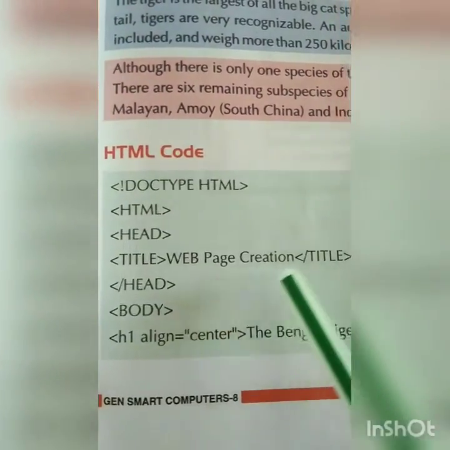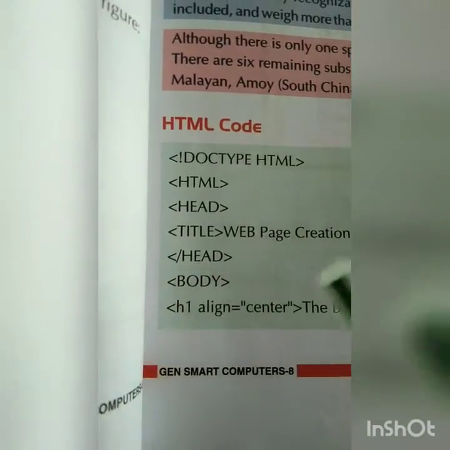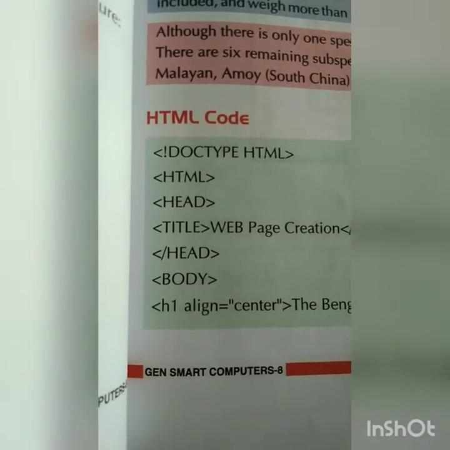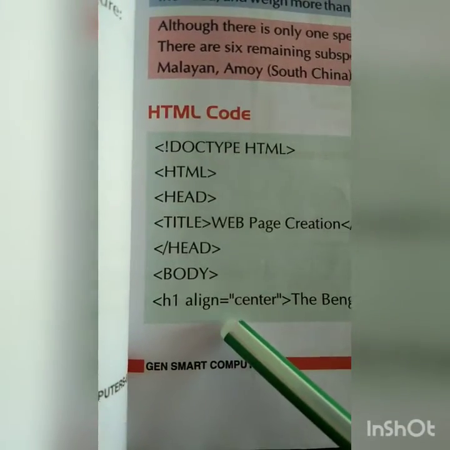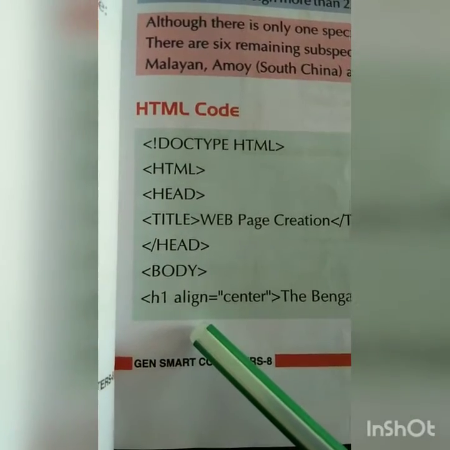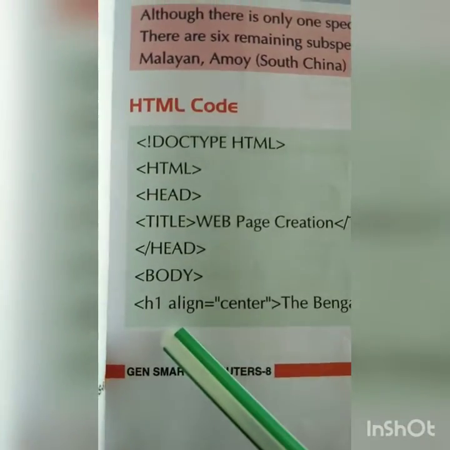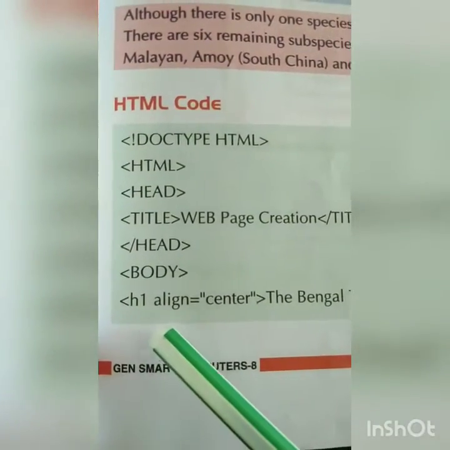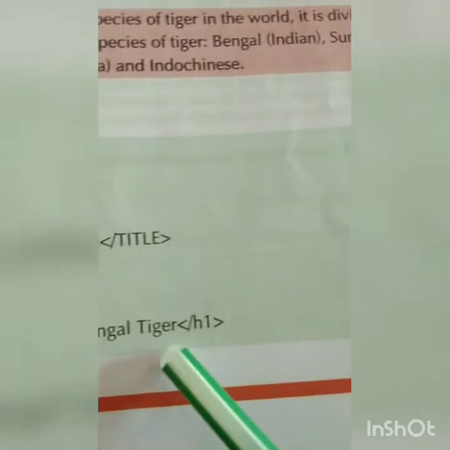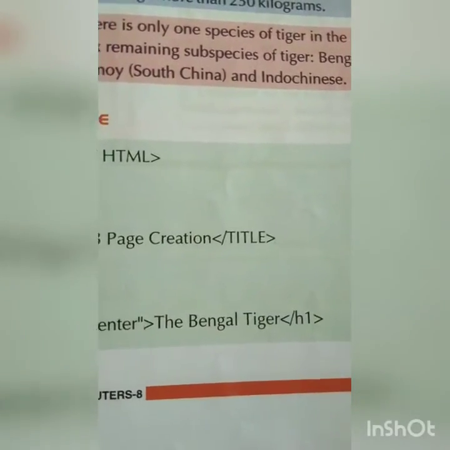So the Bengal tiger ends your title, then the heading regarding that, body, okay, where you are giving a description about the Bengal tiger, and where you want to give the heading, and how much alignment you want, on the left side or center. So H1 heading, first heading, okay, this is the first heading. So H1 main and alignment in center, this way you are giving the Bengal tiger heading over. So this is the one example.